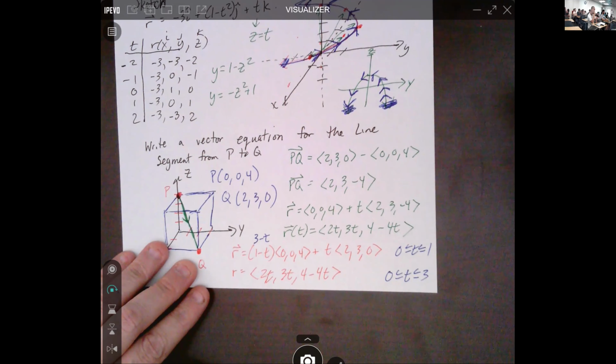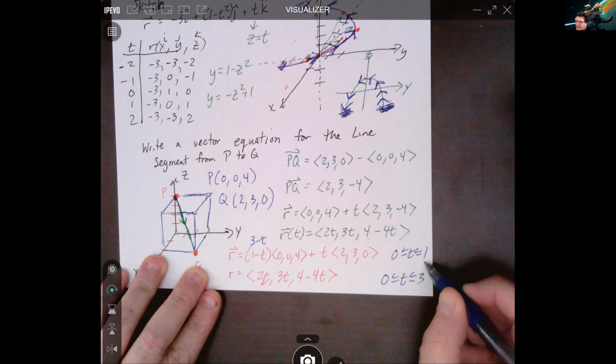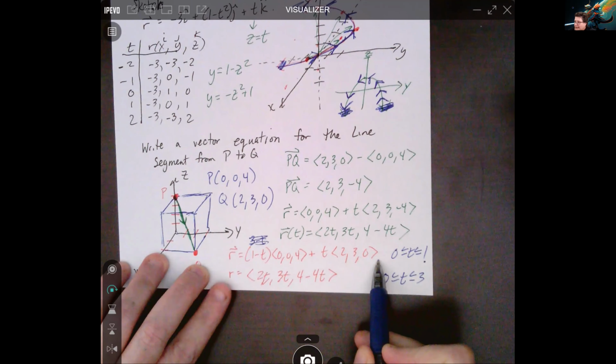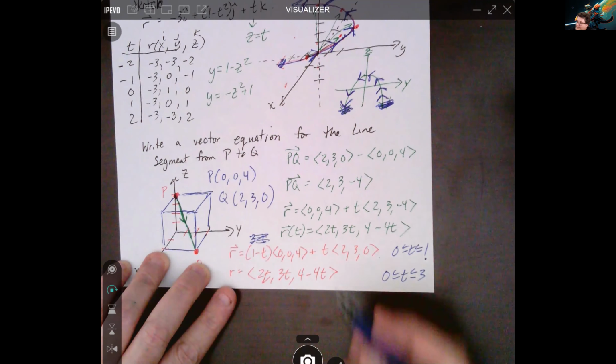Generally, we're doing from 0 to t to 1 because it's the more intuitive way. So I wouldn't recommend doing that. It also makes you more work to do. It's easier just to do this vector here and then do 0 to 3 along this if you need to. This is the standard format.